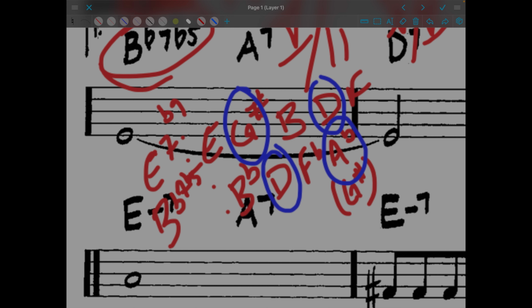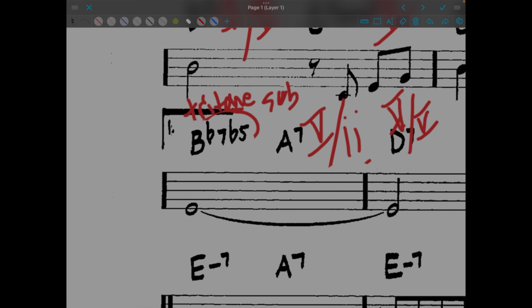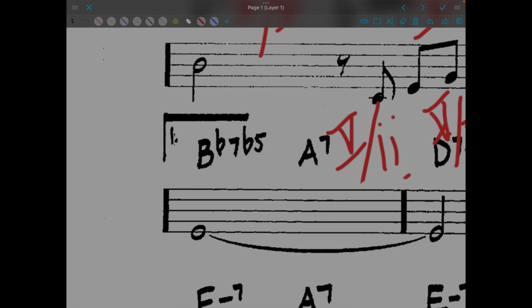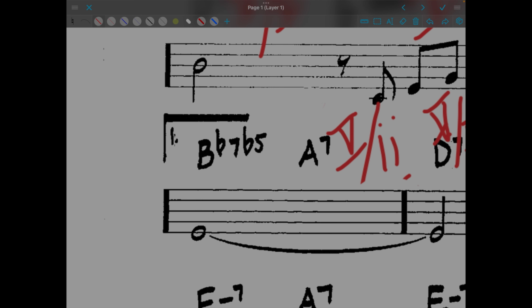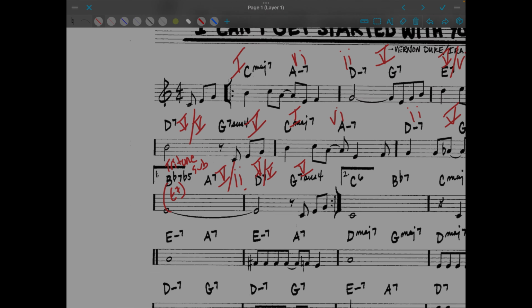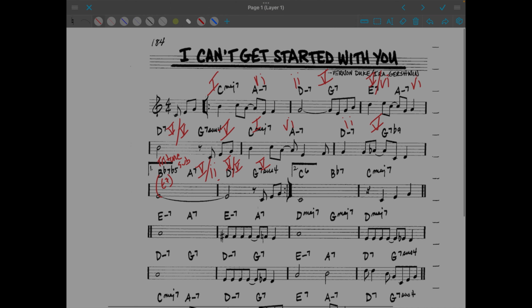Now that you know it works, that's what this is. So this is acting as an E7. Tritone sub. Cool. Okay, and then it repeats, goes back to the beginning, and all of a sudden, let's take